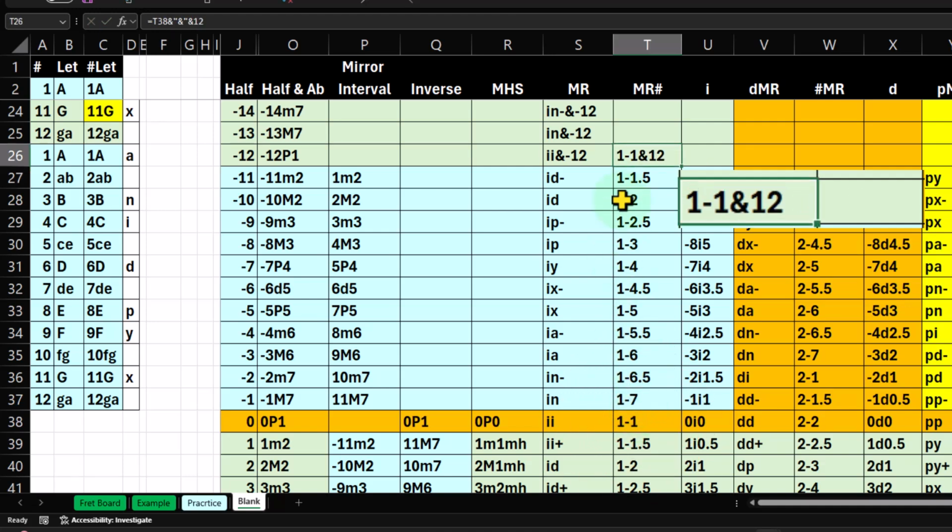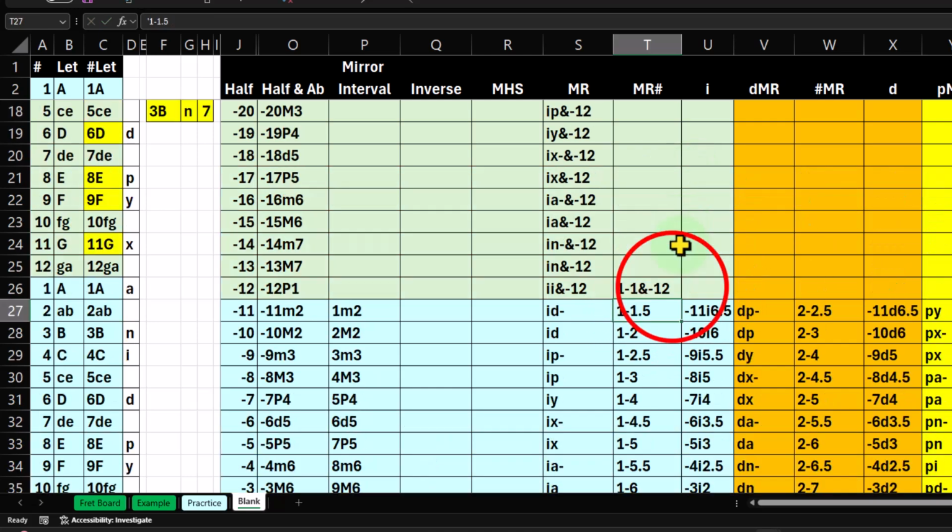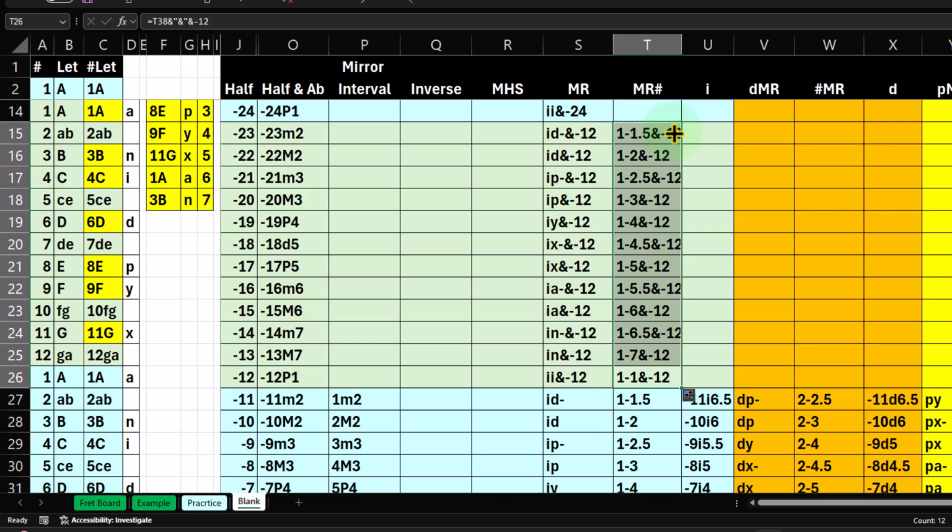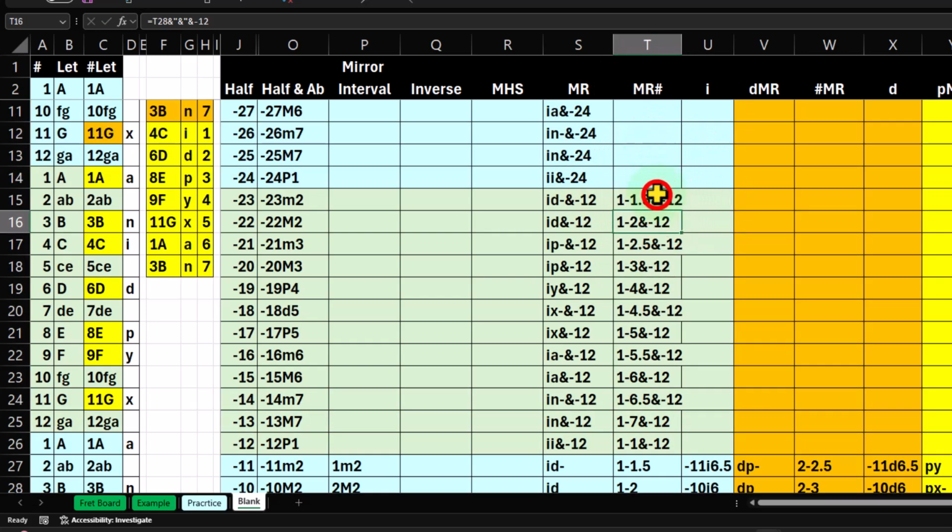Boom, that looks right, and then that 12 needs to be negative. This 12 needs to be a negative 12, and same thing. So I can copy that up, boom. And so I think that looks good. And then I'm going to copy it up one more,